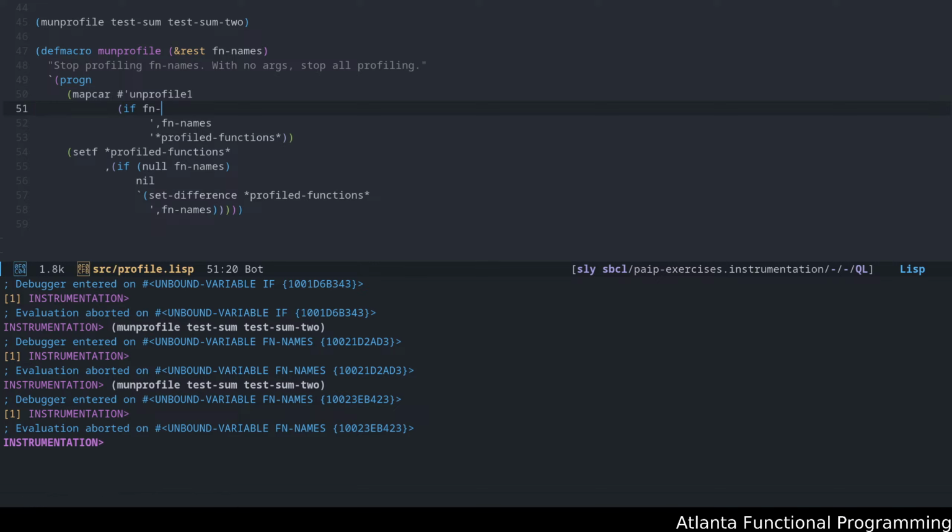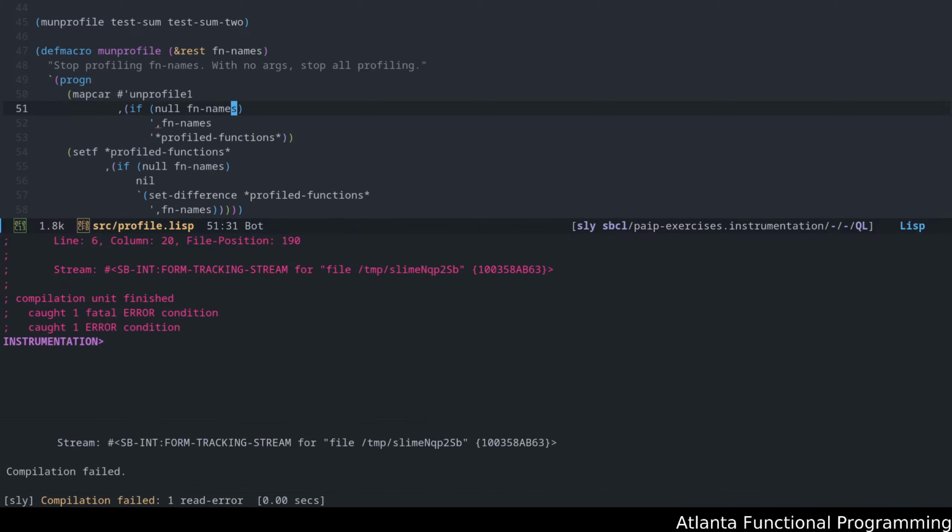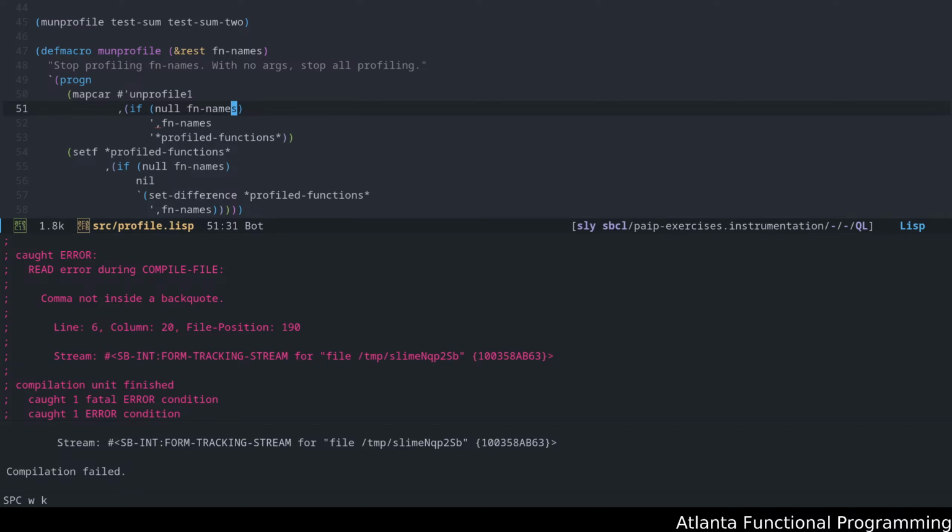Let's just do this. If, let's do the same thing that we did in the case of, okay, there's one more about comma not inside of a back quote.